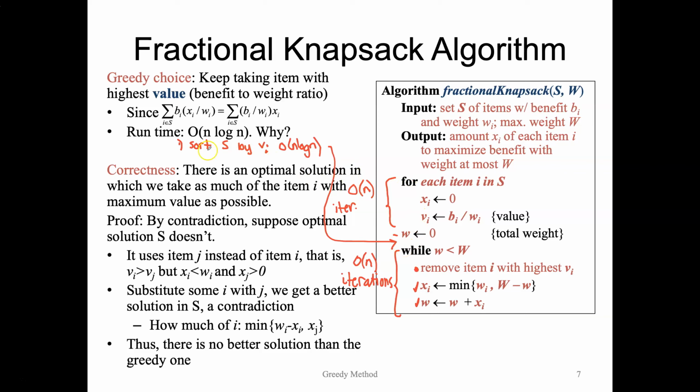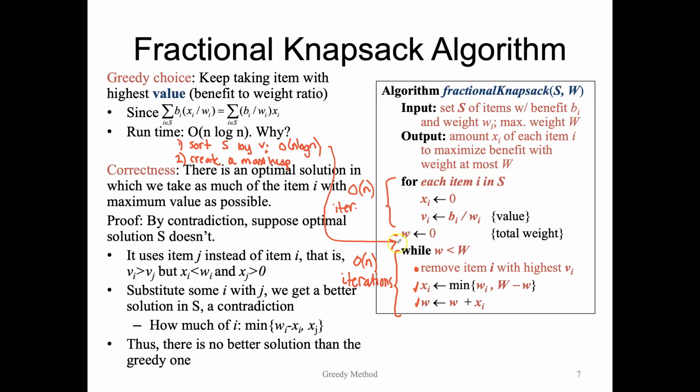Or instead of sorting items, we could create a heap, a min heap or max heap. Create a max heap of all of the items that we have in S, using their values as keys. And we know if we use bottom-up heap construction, we can create a maximum heap in linear time. So this is just one step before; we wouldn't repeatedly do these operations, we just do this once before our while